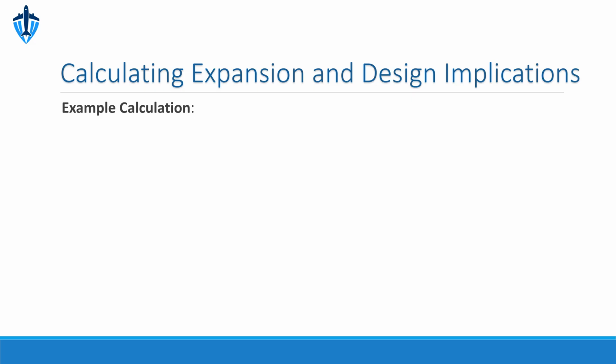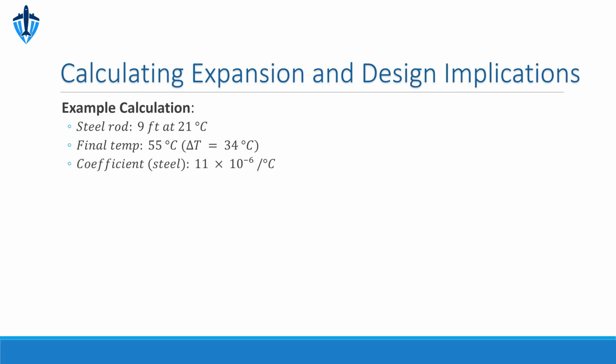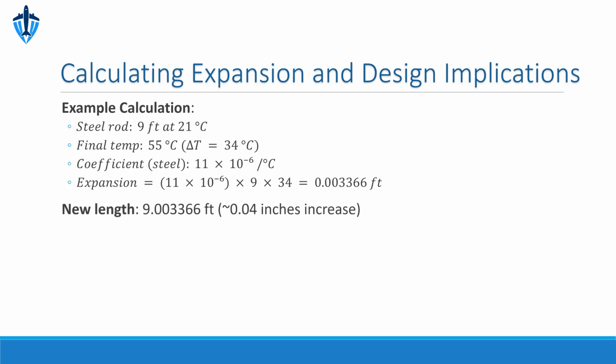Let's apply the formula. A 9-foot steel rod at 21 degrees Celsius is heated to 55 degrees Celsius, a 34-degree rise. Steel's coefficient is 11 times 10 to the minus 6. So, expansion equals 11 times 10 to the minus 6 times 9 times 34, giving 0.003366 feet, just 4/100ths of an inch. The rod grows to